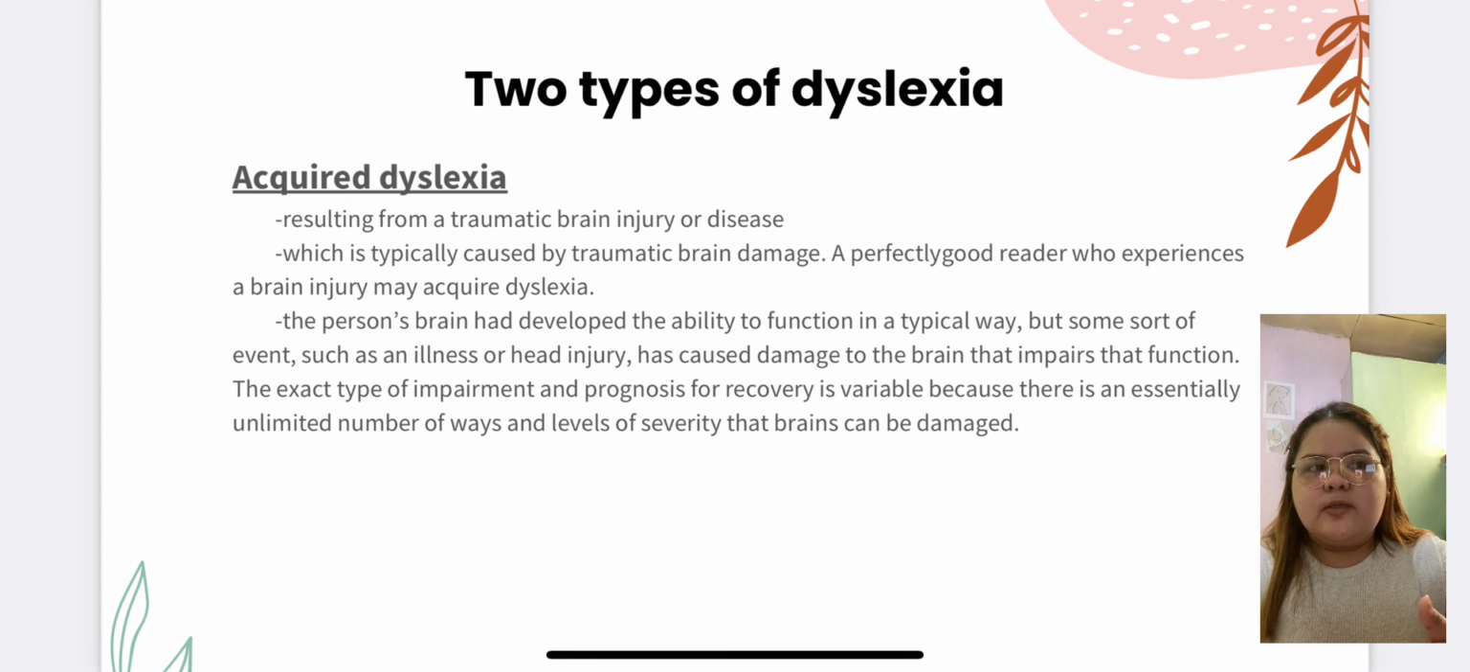So the person's brain had developed the ability to function in a typical way, but some sort of event such as an illness or head injury has caused damage to the brain that impairs that function. So the exact type of impairment and prognosis of recovery is variable because there is an essentially unlimited number of